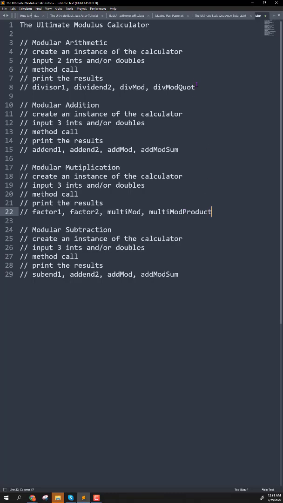Yeah, let's make this up top quotient for division. Let's not abbreviate that too much. And so we're going to have, for subtraction,